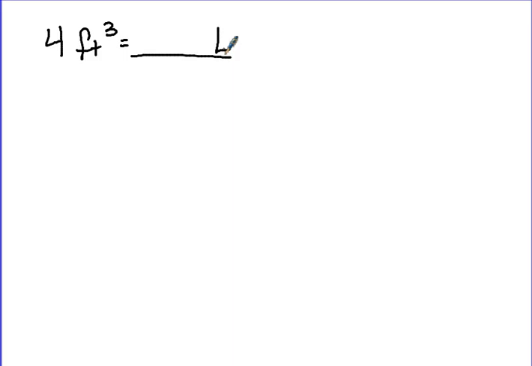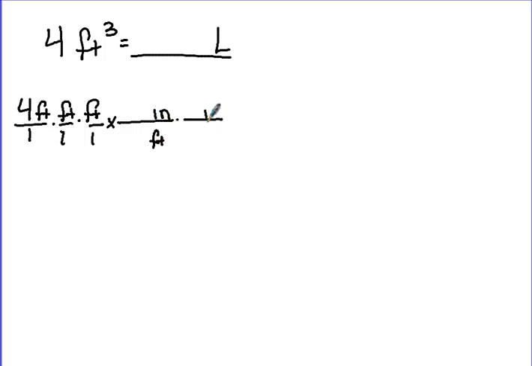So let's start with 4 cubic feet. Now this is 4 feet, feet, feet, since it's cubed, so we're actually going to be doing 3 unit multipliers. When I get rid of feet, feet goes on the bottom, and I'm going to go feet to inches. Make sure that we do this 3 times. Let's fill in our numbers. There are 12 inches per 1 foot. Now that our feet units are canceled out,